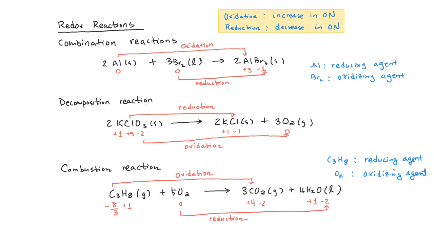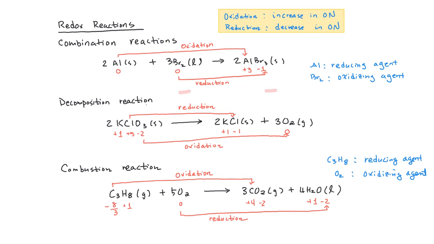So we can view the aluminum bromide as an ionic compound. Therefore, it consists of the aluminum cation and bromide anion. Therefore, the charge of aluminum is +3. Bromine is -1. Therefore, the oxidation state of aluminum is +3. Bromine will be -1. So when you pay attention to aluminum, the oxidation state has been increased from 0 to